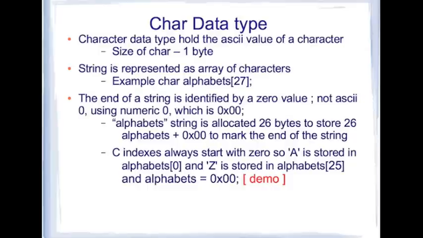Actually, Java is like C, but bottom line is, if you know Java, it's similar. So it starts with 0. And if you look at it, when you say alphabets of 27, you are allocating 27 spaces. Technically, you need to allocate only 26 spaces, right? 0 to 25, right? But here we are saying 27 because in C, since everything is raw, you need to define an end point